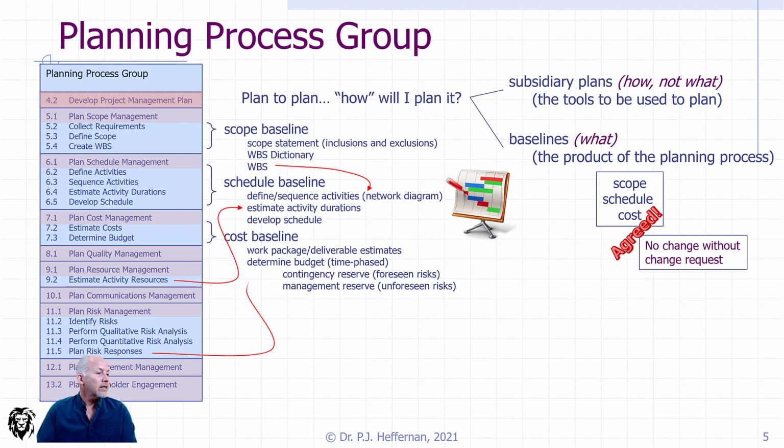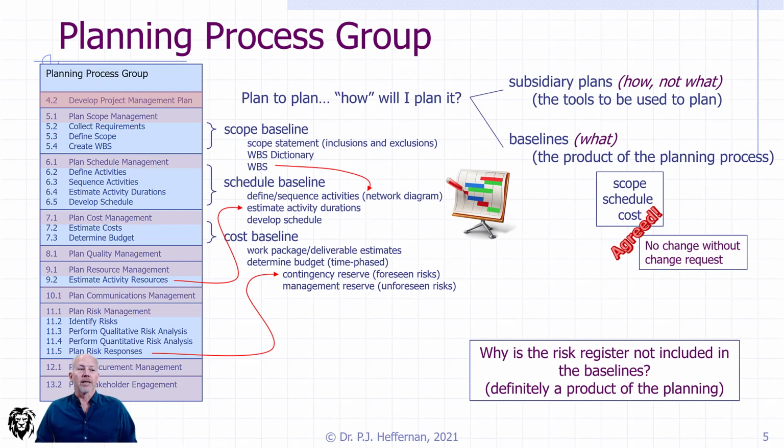So integral to this, if we go further down and we look at risk management, which is yet to happen, we have to bring forward what the costs are associated with managing those risks, and they have to go into our contingency reserve, because we don't get a budget without the contingency reserve. The contingency reserve is built into that cost baseline, and then we have the management reserve, which flushes it out to come to the overall budget.